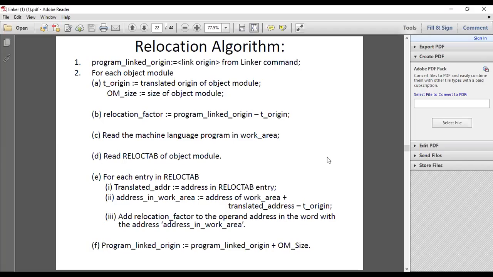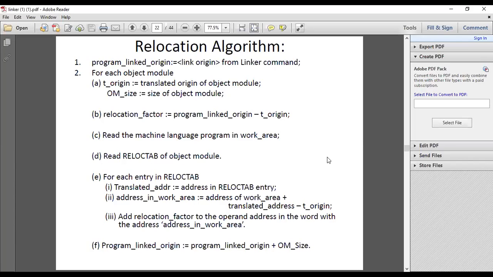Starting with step A, the translated origin of the object module is stored in t_origin. As you know, our translated origin is 500. In our example, the translated origin of the object module is 500, so t_origin will contain 500.